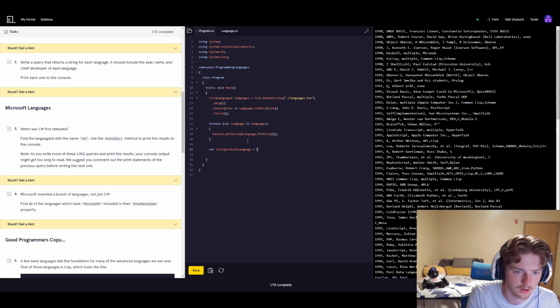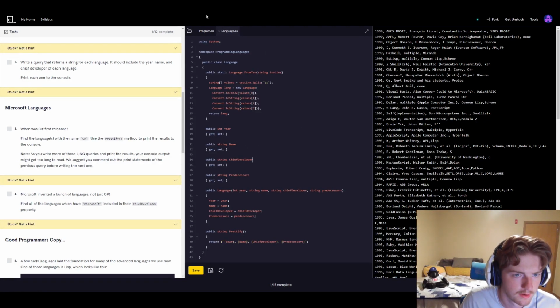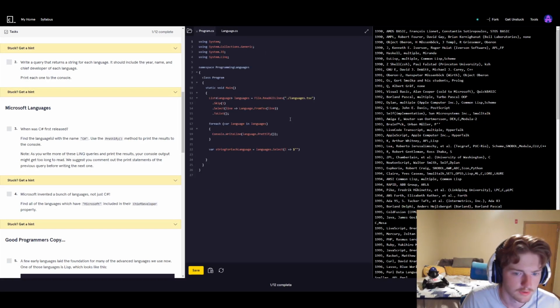We'll do languages dot select, and we'll do the string interpolation. Year, name, chief developer. So L dot